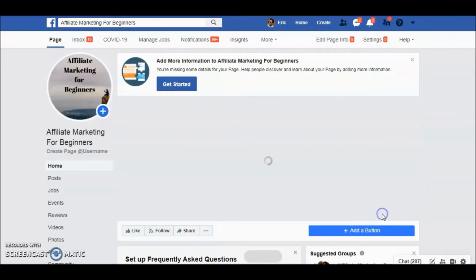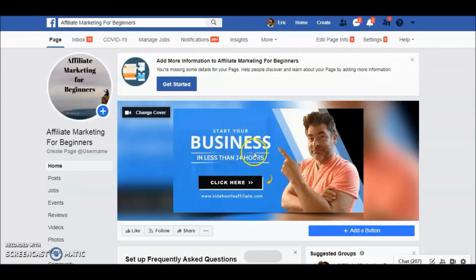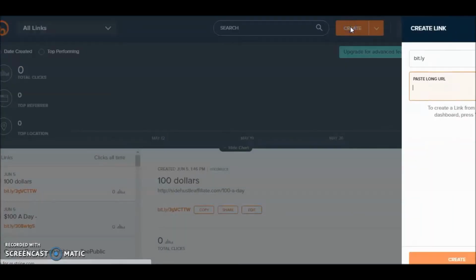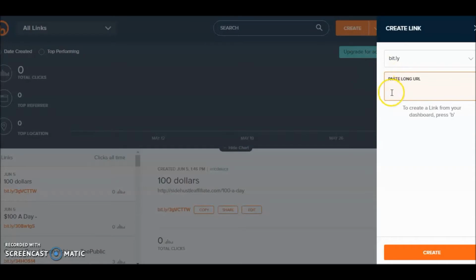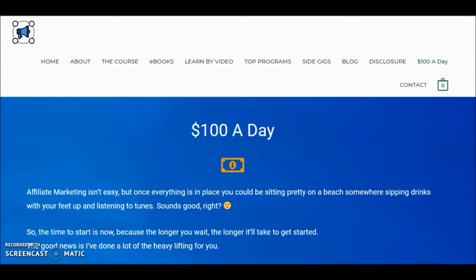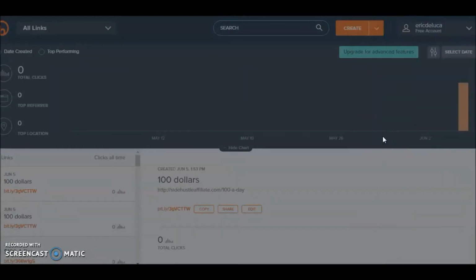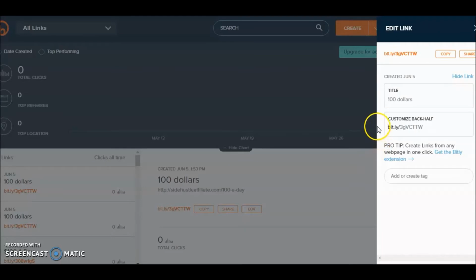Then I want to make sure I can keep track of the link that I'm giving out. If I'm giving out a link to a page on my sidehustleaffiliate.com, I want to know how many people are actually going there, okay? So we're going to go to bit.ly, and I can set up my little campaign thing here. It's not a long URL. Actually, it's from this page here. But again, the whole idea is I want to keep track of it. So I'm going to paste this. So now you're going to have a custom bit.ly